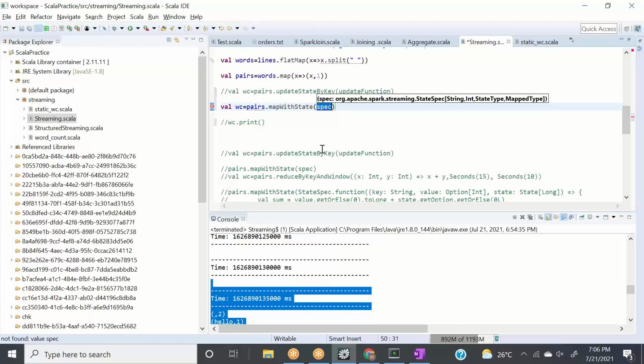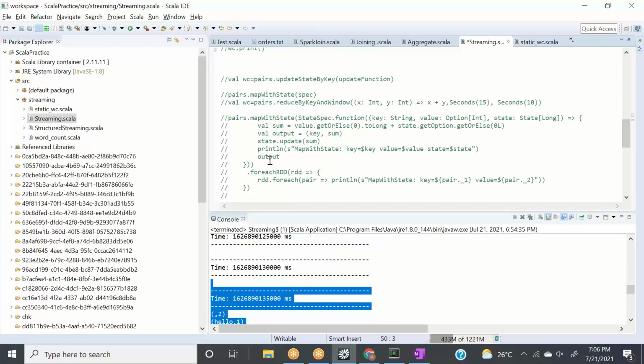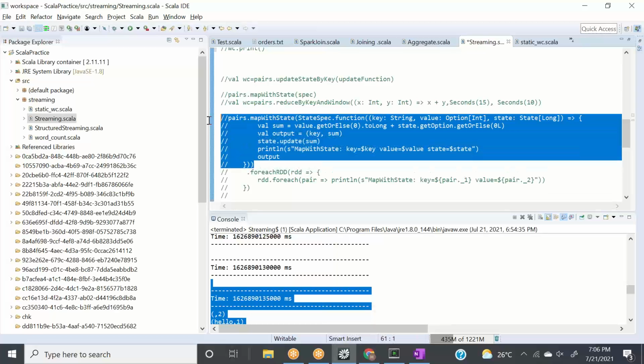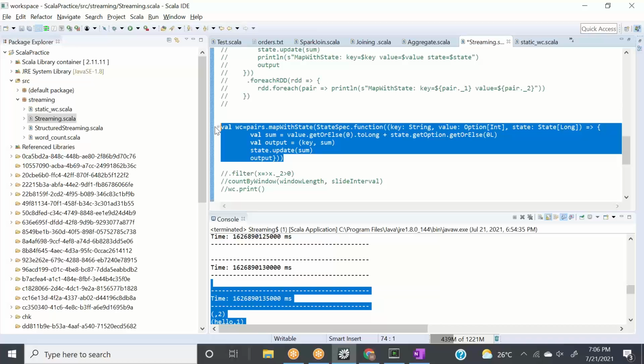In simple terms, it will take the specification of what it needs to do in that particular interval, and then it will do all this based on the specification. So let's comment this because I've written it for you guys. Let's uncomment this part.